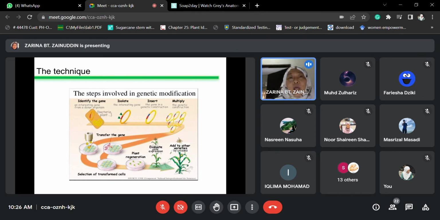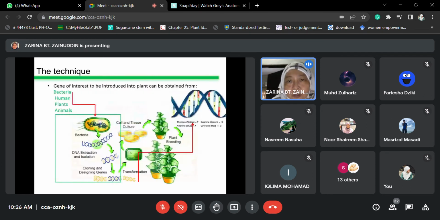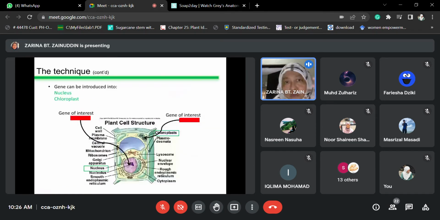Alright. So, like I said, the gene of interest tadi tu, you boleh obtain daripada bakteria, human, plants, or animal lah. Okay, so katakan in this diagram, they obtain the gene of interest from bacteria. So, they extract, isolate, and then clone into a vector lah. Alright, so after you dah clone semua, you can transform the gene of interest tadi either kepada nucleus or the